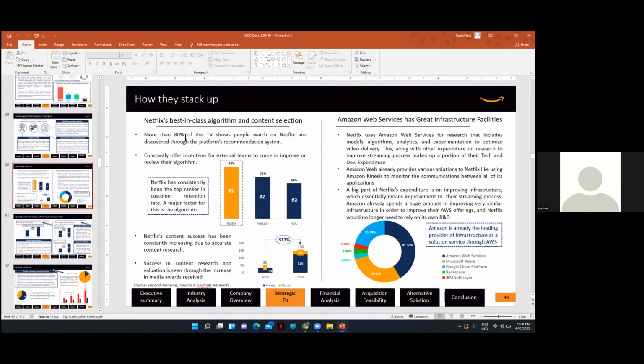And if you look at the Netflix algorithm, which is very good, it really tells you which shows you want to watch in a very accurate manner. And it also performs its content research in a very good way. It really knows what the audiences want to see and how to produce it and how to